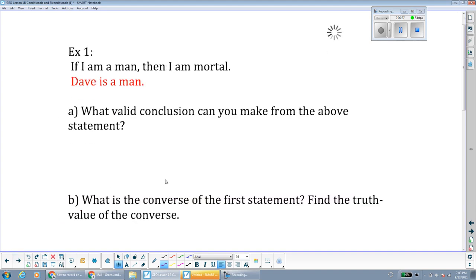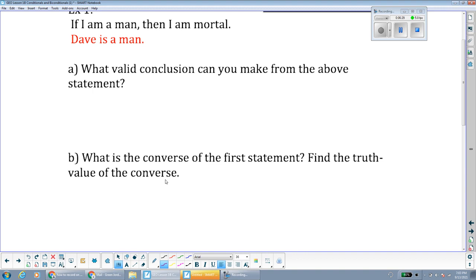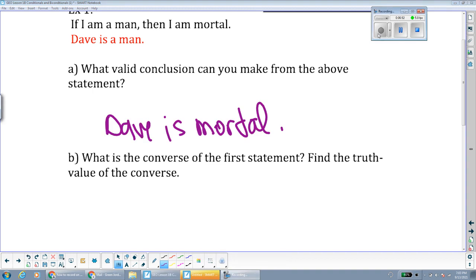Let's take a look at another example. If I am a man, then I am mortal. Dave is a man. What valid conclusion can you make from the above statement? So pause the video, take a second, and think: based on these two premises, assuming that they are true, what valid conclusion can you draw? If you answered that Dave is mortal, you are correct. Congratulations. There's probably a bunch of other things you might be thinking about Dave or about men being mortal, but based on these premises and only these premises alone,